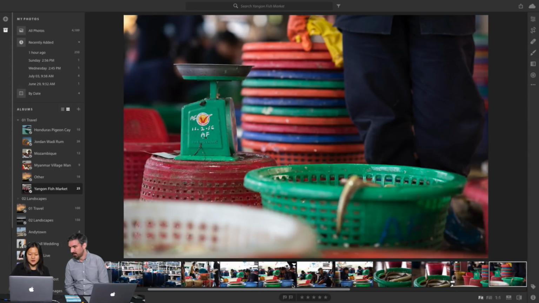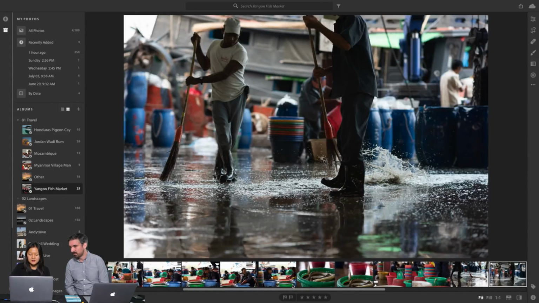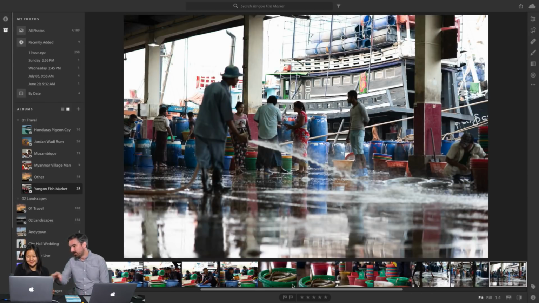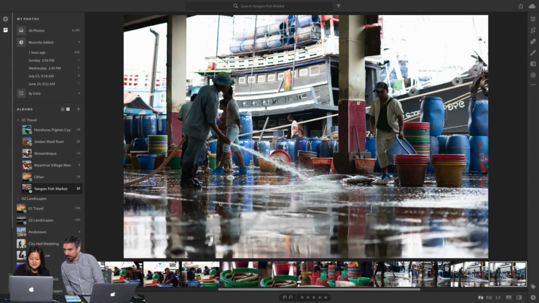They weigh them and kind of sort them. But I keep coming back to these ones. There's so much energy. I wish I hadn't cut his head off. What I did was, I had one here that I think is focused on the background, and then one where he's more in focus.